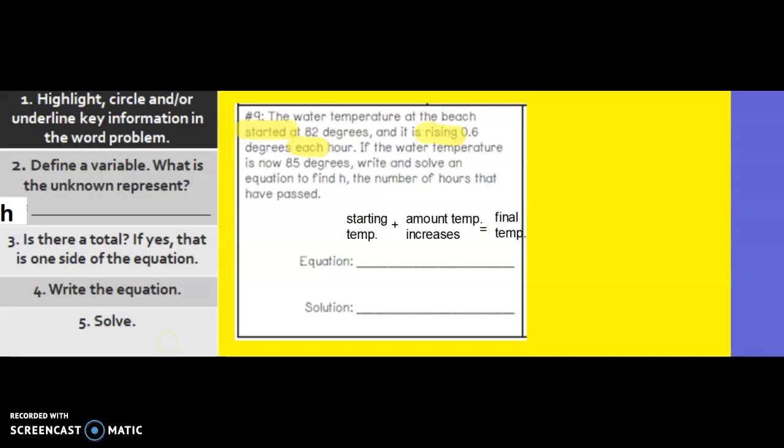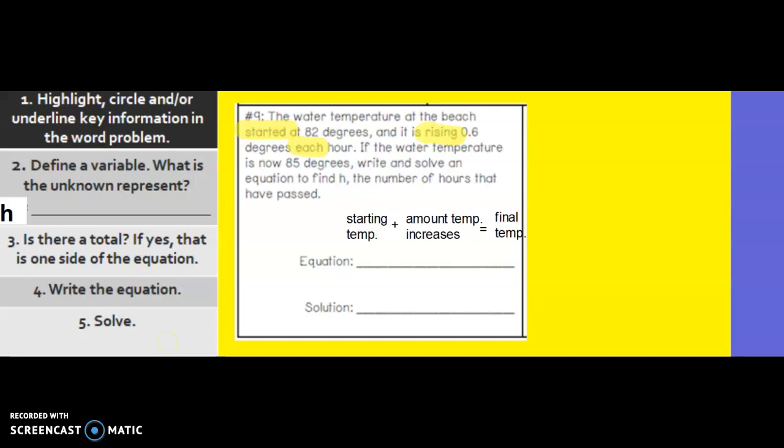In this word problem, what we want to do is make an equation that would help us to solve this problem. The problem says that the water temperature at the beach started at 82 degrees and is rising 0.6 degrees each hour. If the water temperature is now 85, write and solve an equation to find h, the number of hours